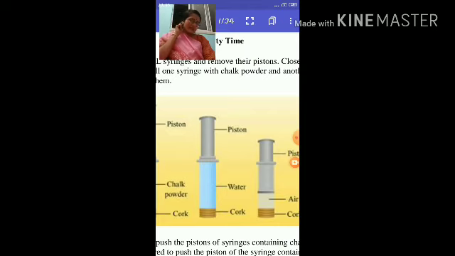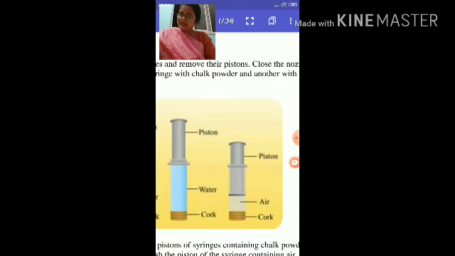But will it be lower than the case of the third syringe? No. In the third case, the syringe that is filled with air, a lower pushing force is enough, because air is a gaseous substance, and as we have already discussed, the intermolecular forces within a gas are very low. That's why the gaseous molecules already move randomly. So in order to move the air molecules, very low pushing energy is adequate.